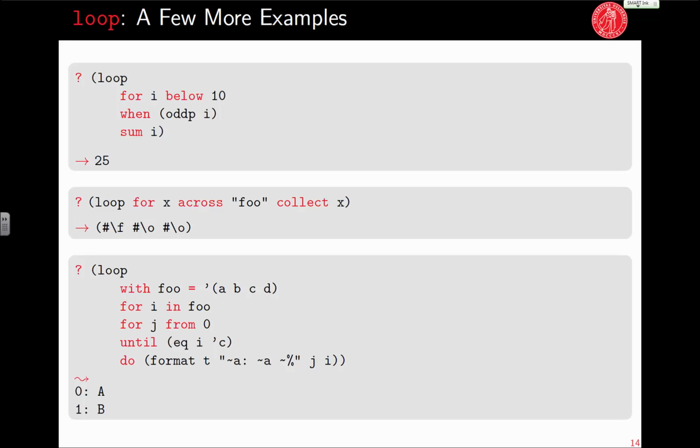Yes. In the last one, is that not a nested for loop? Yes, so this is not a nested for loop. Then I would have to write loop and inside of that another loop. This is one loop that actually counts two things or iterates two things in parallel. So there will be some number of iteration steps, and in each step the local counter variable I will take on as its value one element from foo, and the local counter variable j will be a number